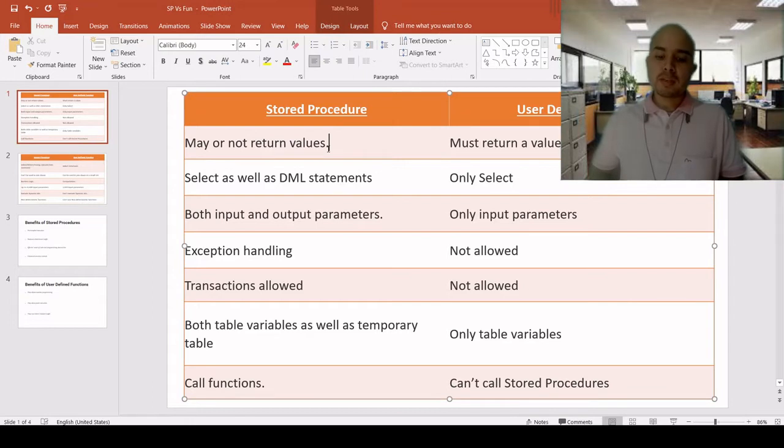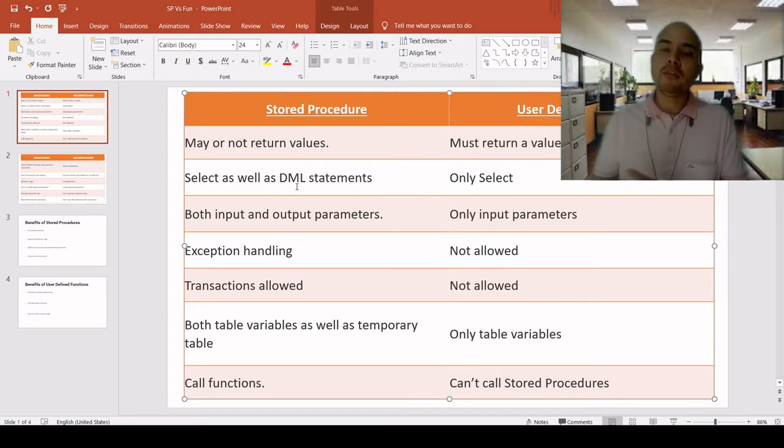Stored procedures may or may not return any value, but user-defined functions must return a value. Next, stored procedures can be used with the select command or DML commands. The DML statements mean insert, update, and delete. We can use stored procedures with them too.